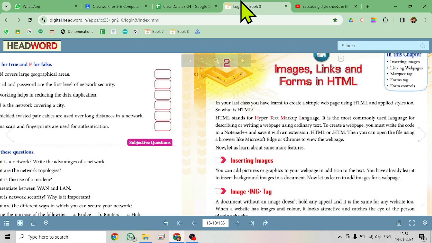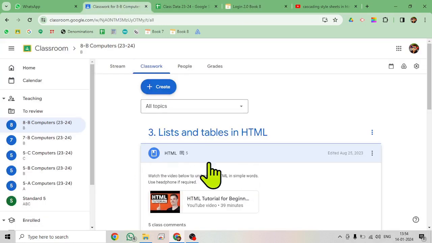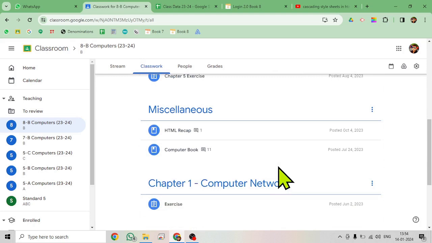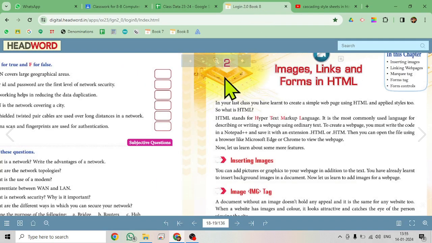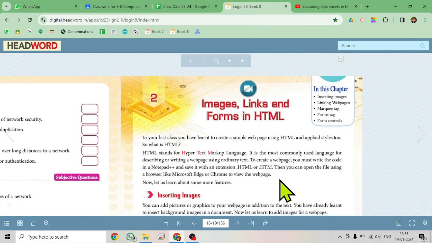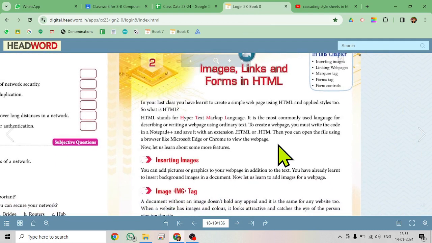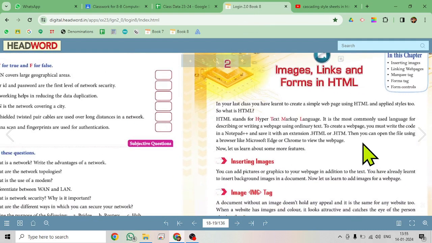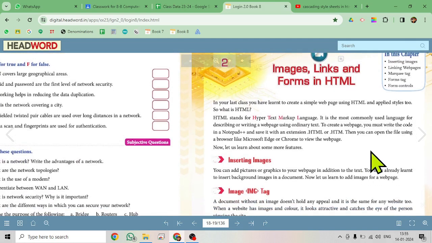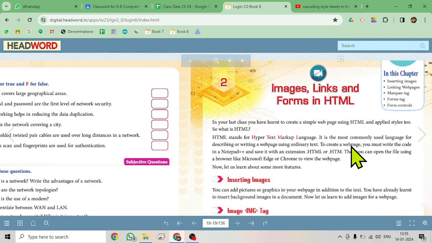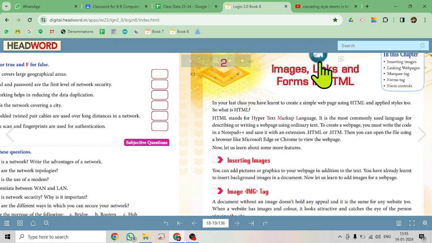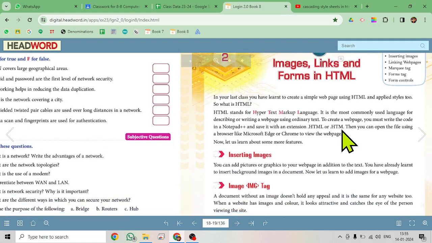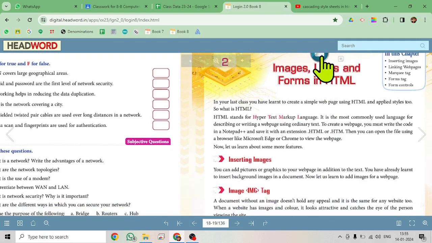And also I had shared your ebook in the GCR. If you come down in the miscellaneous section of the classwork tab, you'll find the computer book. You can open up this book. If you open it on a computer or a mobile phone, exactly your book opens up in front of your screen, and very nicely this book has put up these videos. Every now and then you will find these small tabs on top which talk about a small video. So if you pay attention, if I just tap here,